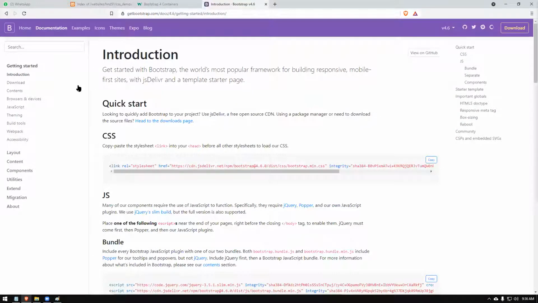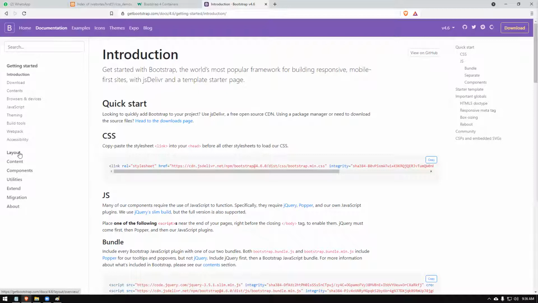Once you choose this one, children, to the left side, why I'm showing this is because this is the official website of Bootstrap, and this is the place where you can very easily learn about Bootstrap. That's the reason I'm showing you this. Once you go here, you will see it says getting started. It'll give you a quick start if you follow these links. And once you go to layout, content, and components, you have individual components and how to use them. I'm going to quickly show you how to get started. Then we're going to move on to the components section, and we're going to build the web page components, because we are interested in building the website and the layout.